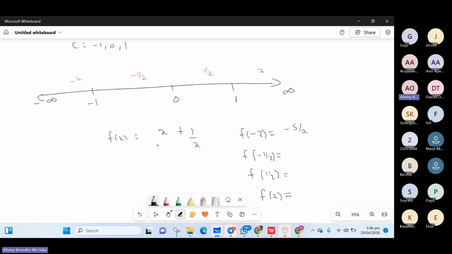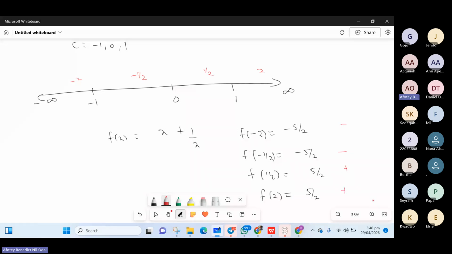This is also giving us -5/2. So when x is equal to half, this gives us 5/2. And when x is 2, this should also give us 5/2. The values don't matter, but what matters is that this is negative, this is negative, this is positive, and this is positive,